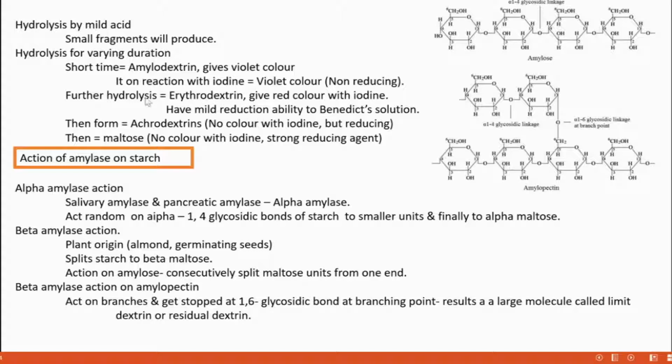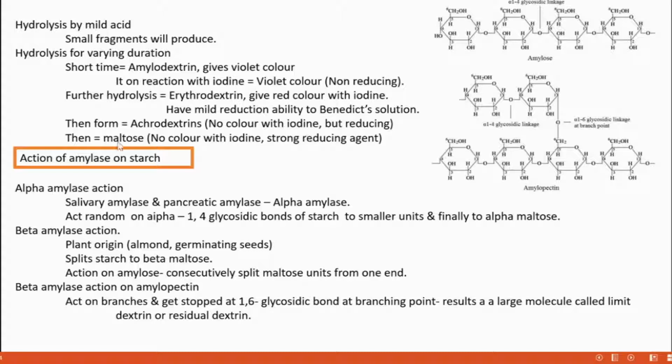Then if we continue hydrolysis, the next product formed is achrodextrin. As achrodextrin is a more hydrolyzed product, more bonds are broken, and more free aldehyde and free keto groups are present there. So it is reducing, and as most of the bonds are broken, it cannot